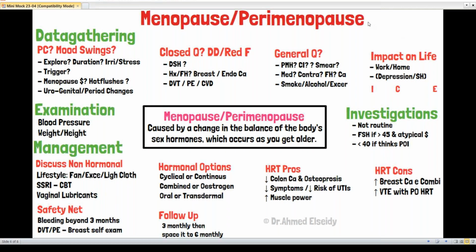The third step, as we do in every single mind map, is the general well-being of the patient. How was this patient doing before this complaint? How is her general health? I call it general well-being. You like to call it PMHx, but I like to call it relevant PMHx. Okay, any past medical history of any period problem at all, or any problem with blood clotting at all, or breast problems at all. And then smear, very well done, doctor, for asking about smear. It's very important in the past medical history.